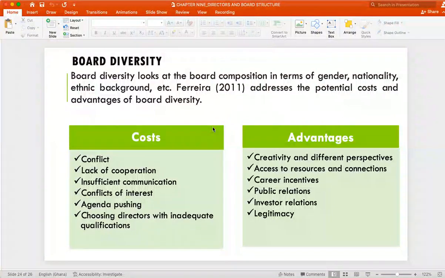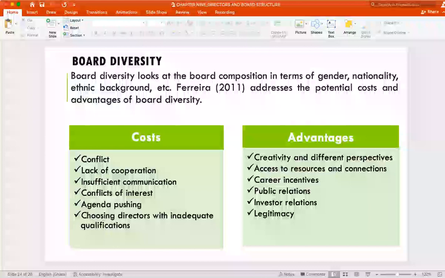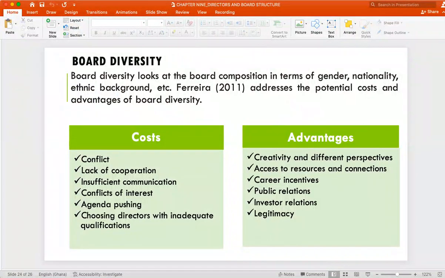All right. So that is where the logic and argument is coming from, that you need representation of people of different backgrounds, so that you can get a very rich and good board to help in the growth of the business. Okay. But there are costs. So there are advantages. Let's look at the advantages first. So it could promote creativity and different perspectives, right? Because you have people with different backgrounds, different orientations, they are likely to bring a lot of creativity on board because they'll be thinking differently. And that's how creativity is promoted.